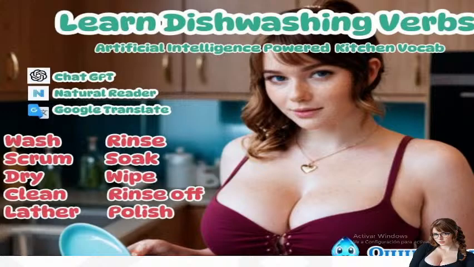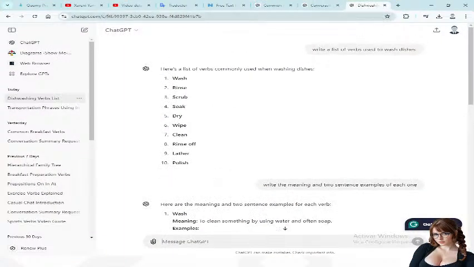Okay, the first step that we have to do is go to ChatGPT. You have to have an account created. And after that, when we have our account, we should go to ChatGPT and ask it for a list of verbs used when a person washes dishes. In that opportunity, I write the instruction for ChatGPT. Let me start